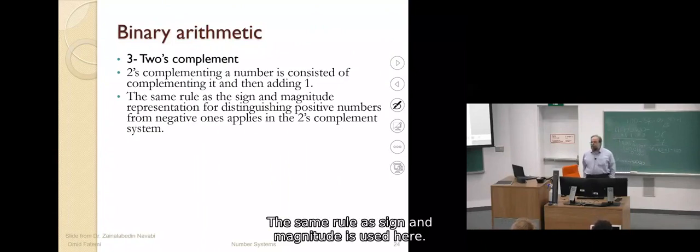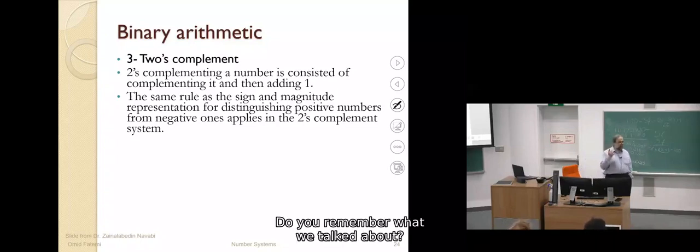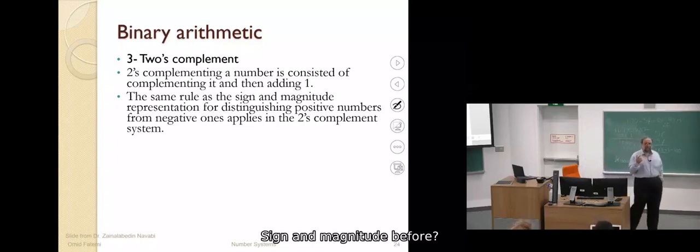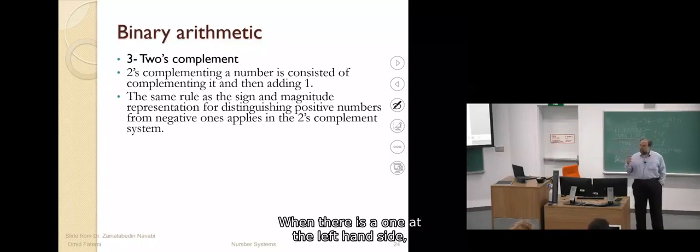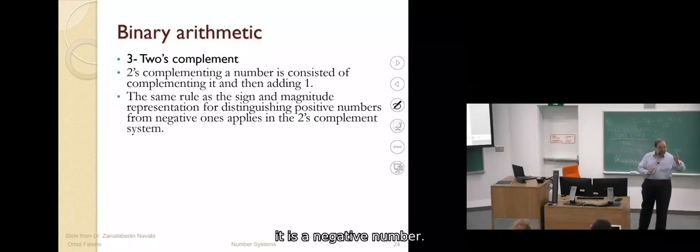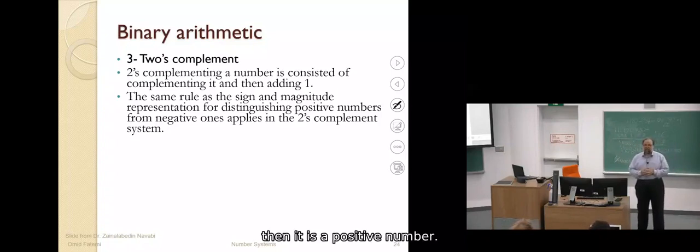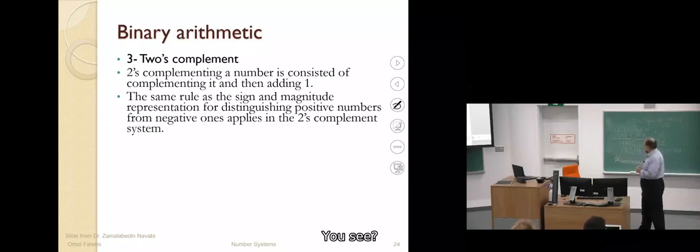The same rule as sign and magnitude is used here. Do you remember what we talked about sign and magnitude before? When there is a 1 at the left-hand side, it is a negative number. When we have 0, then it is a positive number. You see,